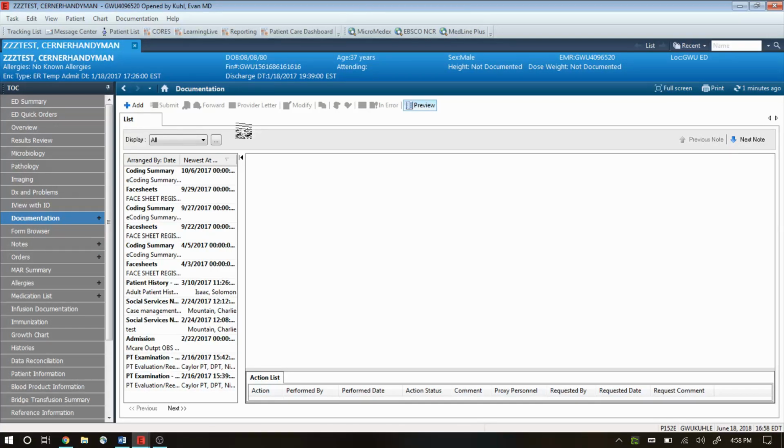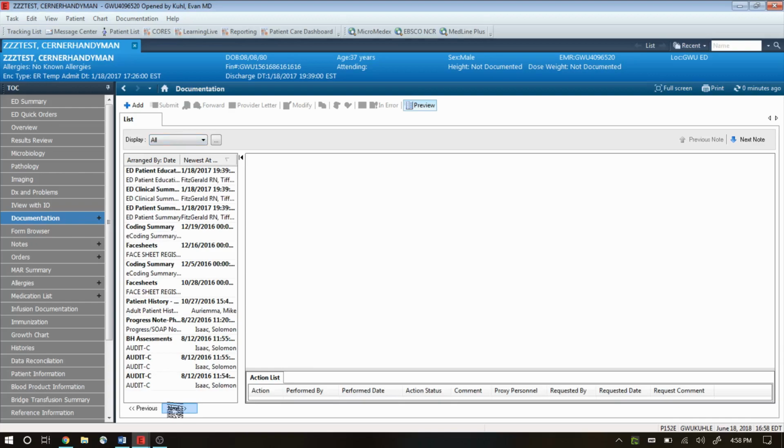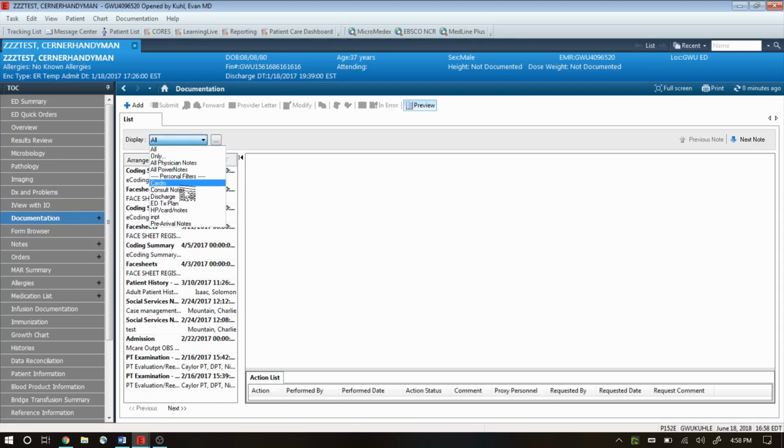So when looking at a patient's chart, one of the things that's difficult is to identify which documents are important and which ones are not. And so what that means is sometimes you end up searching through pages of charting, including billing and face sheets and coding to find the charts that you want. And so we're going to show you how to create custom filters to find only the notes that you're most